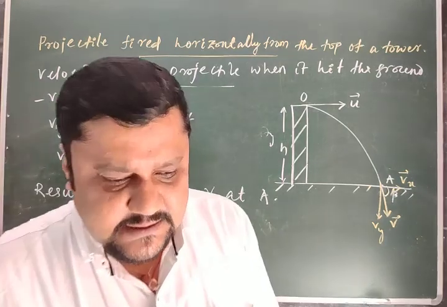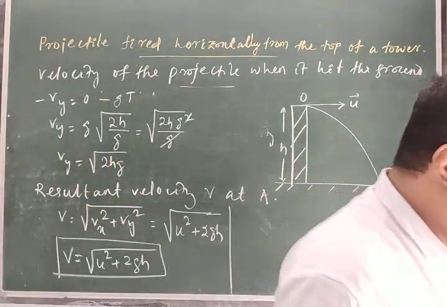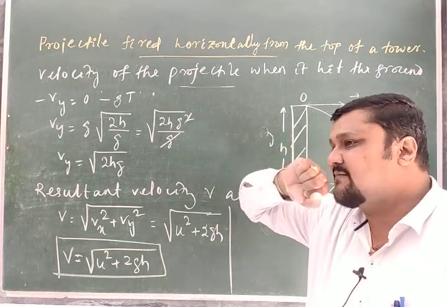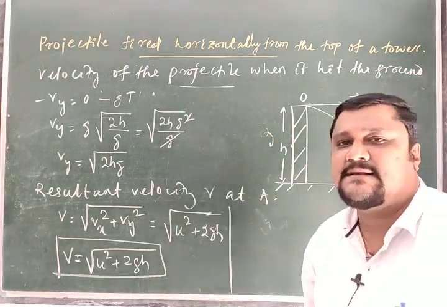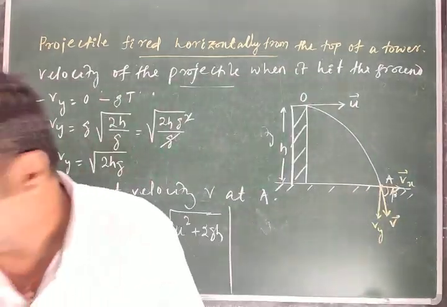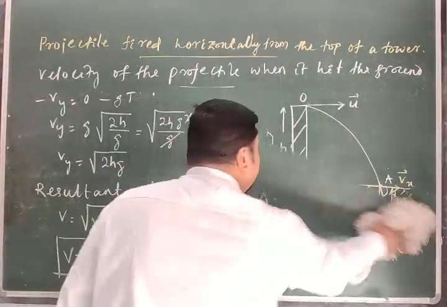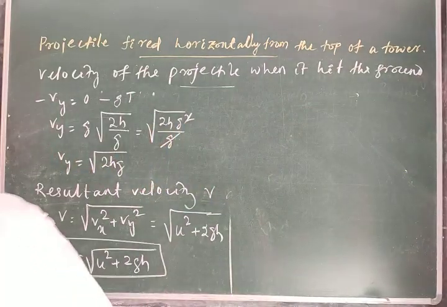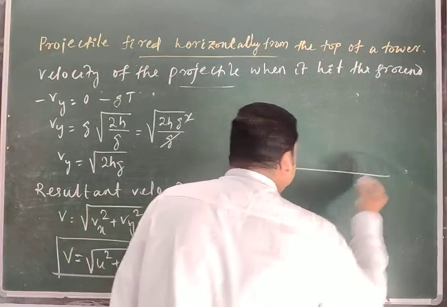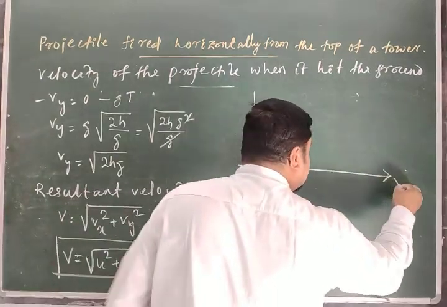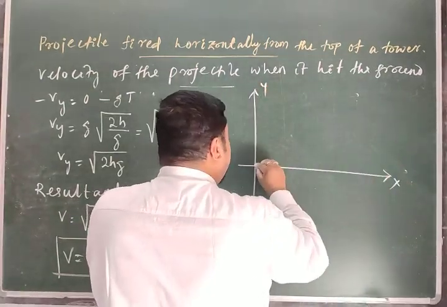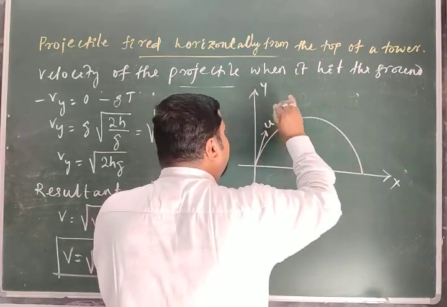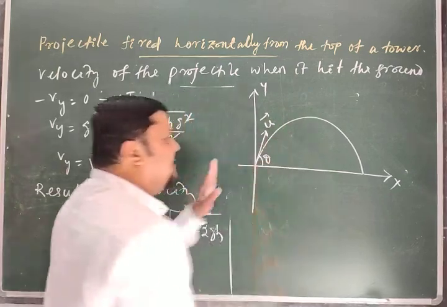Clear? Okay students, so we discussed all about the horizontal projectile. Similarly, in the oblique projectile case, I have not derived this part. Think that if I take an oblique projectile, this is the x-axis and this is along the y-axis, and the projectile is projected like this. So it has a given velocity u. Yes, that is the oblique projectile.